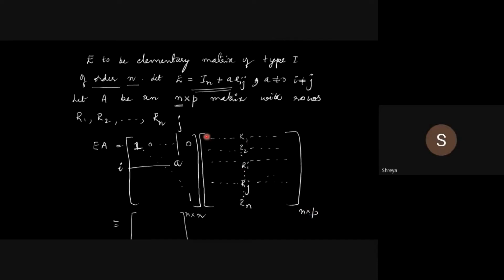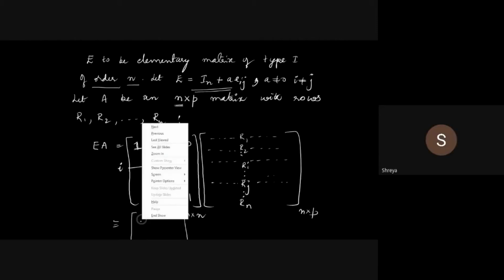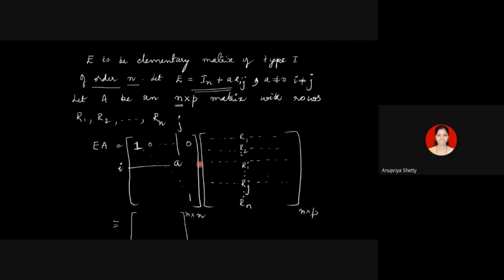Okay. Here in the first column, suppose I take the first column entries as alpha 1, alpha 2, alpha 3, etc., alpha n. Then 1 into alpha 1 gives alpha 1, and alpha 1 gets multiplied with 0, right? So I get alpha 1 and 0, 0, 0. After adding 1 into alpha 1 plus 0 into alpha 2, etc., what will be the resulting number? Alpha 1 will come in the 1/1 position.